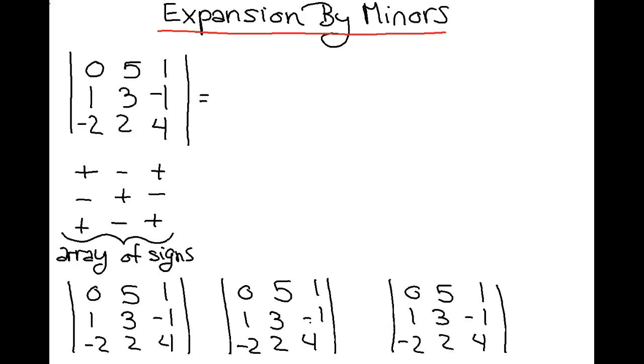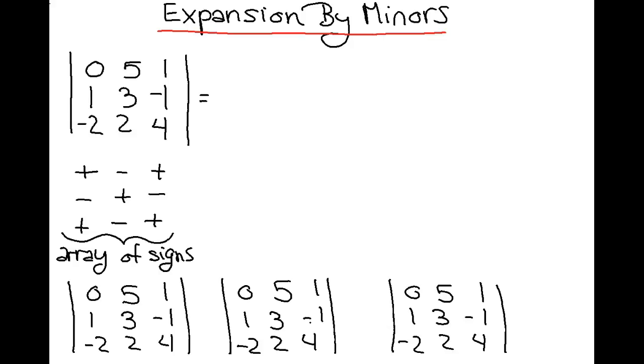Alright, so the very first thing I'm going to note is that we're going to find the determinant of this 3x3 matrix right here. It's got 3 rows and 3 columns, and the straight lines around the matrix itself say find the determinant of that matrix. In order to find the determinant of that matrix, I have written below it an array of signs. That array of signs is going to tell us whether we're going to add or subtract the minor